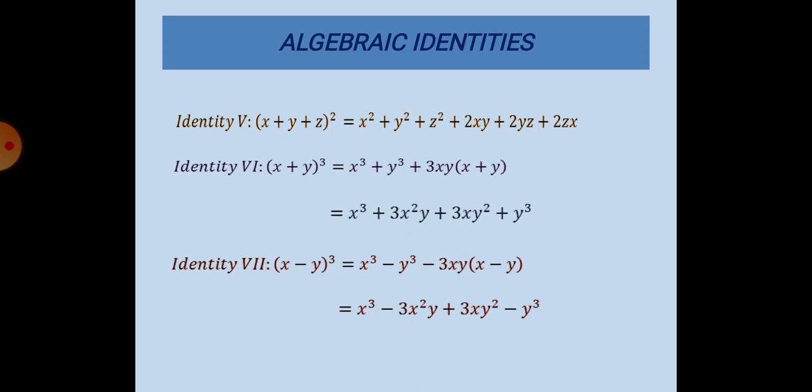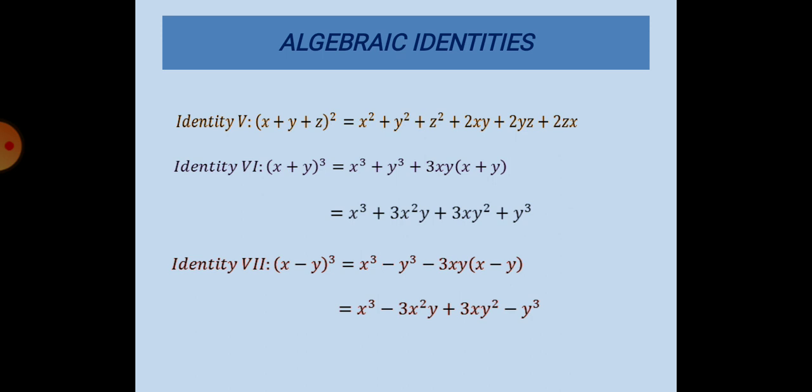square, that is a square of a trinomial. When a trinomial is multiplied by itself, the process of multiplication takes lot of time. Instead of that process, we can substitute the first term as x, second term as y and third term as z and perform the multiplication easily. So, to perform the multiplication of a trinomial by itself, we use the identity x